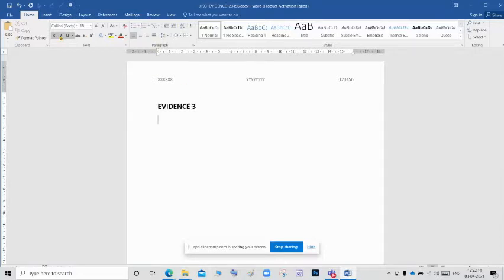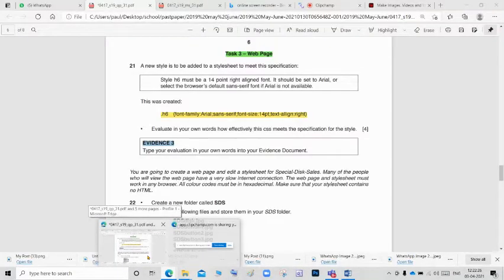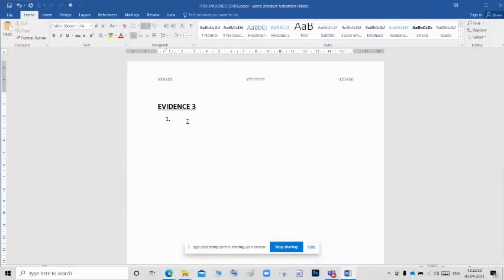After that, reduce your font size and give the numbering. This one. And first one, I'm going to give the heading style is not effective. So heading style is not effective.